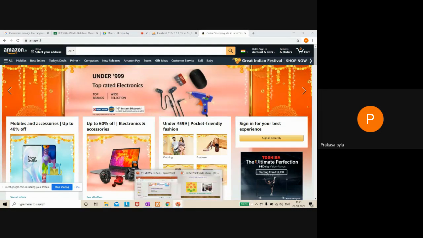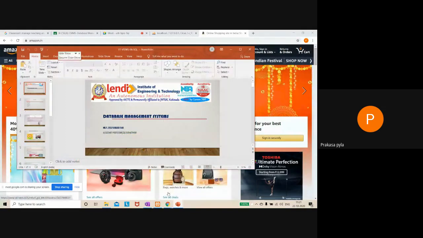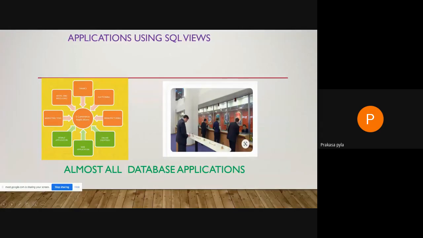Similarly, you can see it in the banking application also. A customer can perform withdrawal or deposit of money, right? Then the bank teller can perform the actions regarding the customer. So he is able to access the account of the customer. But the customer account information, even though visible to this bank teller, he cannot see the complete information of the customer.